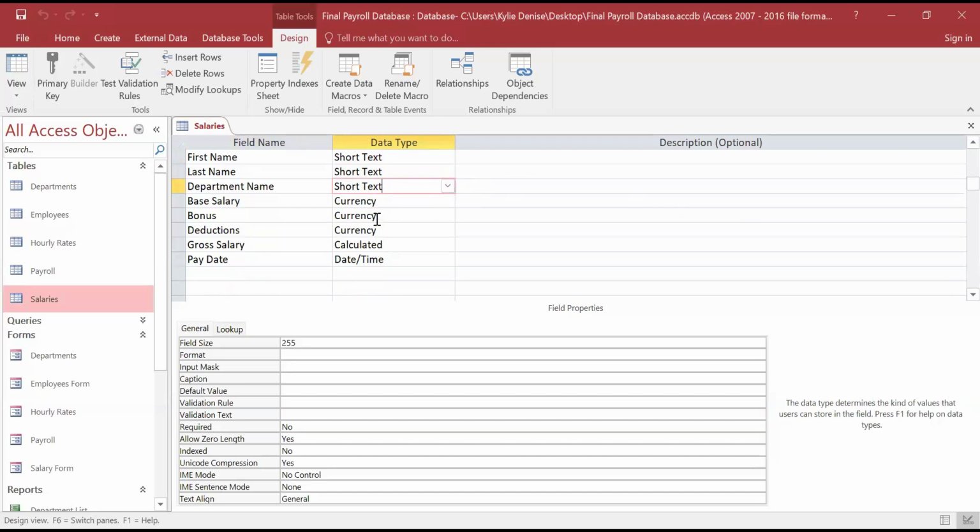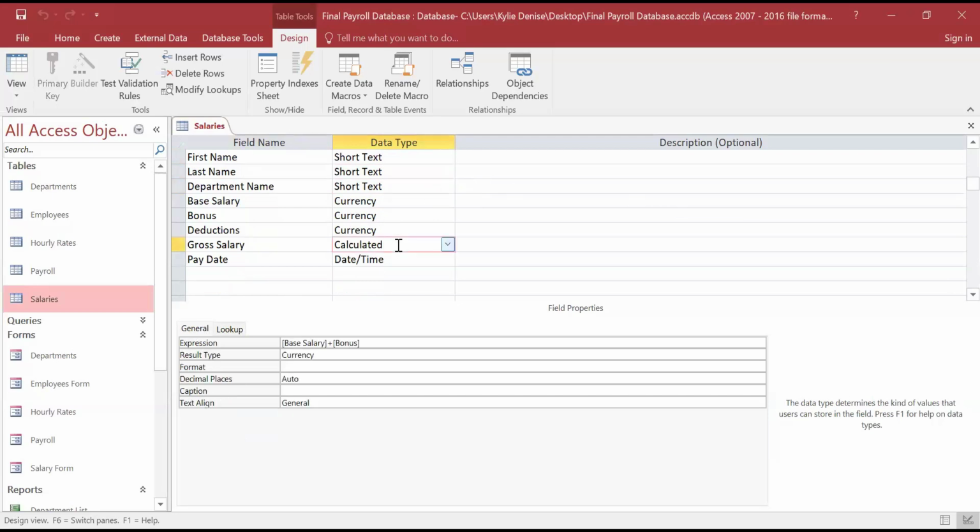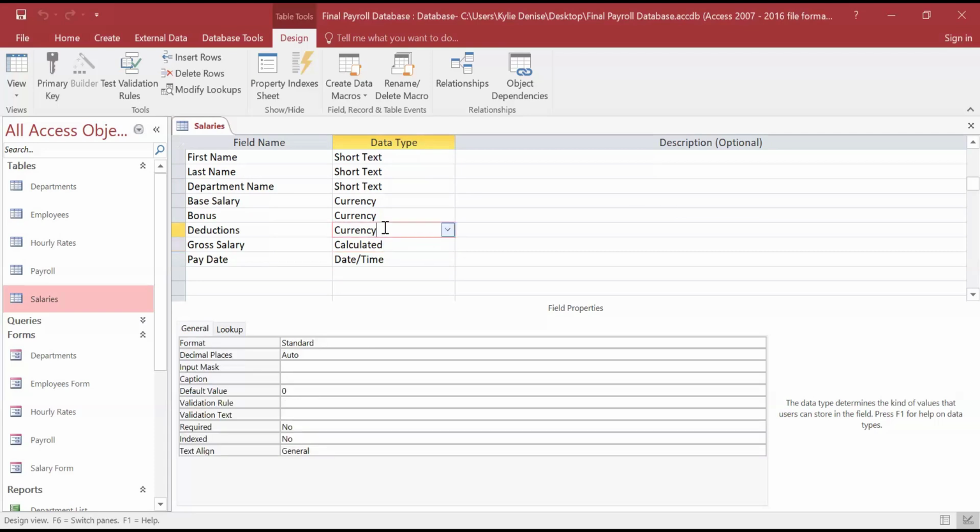So department, bonus, the calculation of the gross salary: the base salary plus bonus. The deduction actually I didn't add here in the form because sometimes it's confusing if you add bonus and deduction at the same time.